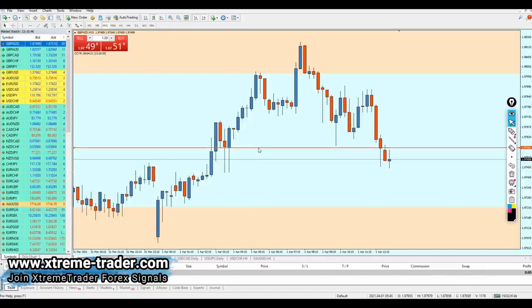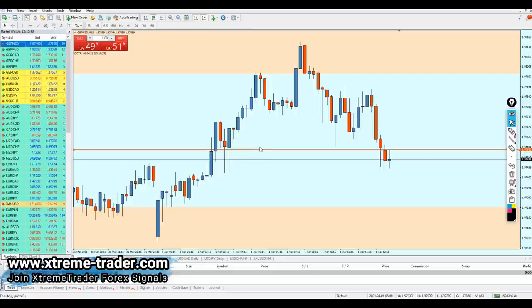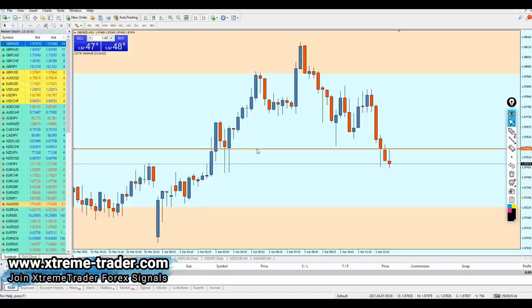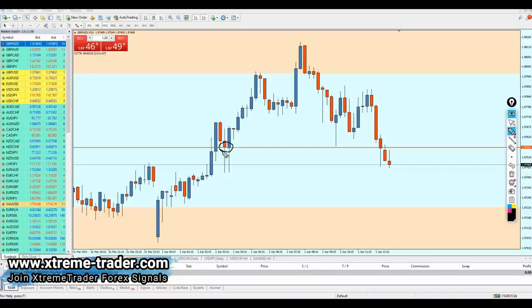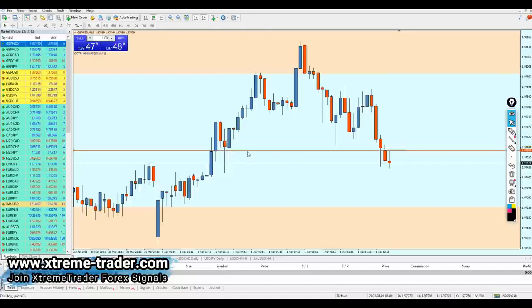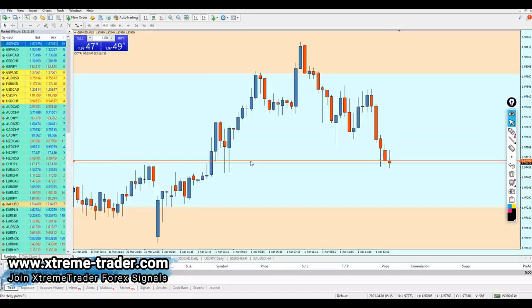Now, let me tell you something and be very specific. There are arguments about where we should draw or put our support line. Look at that. The candle is falling. Perfect. I'm going to explain this. Now, actually, I had this argument with one of my fellow traders. He said that we should always draw the support line exactly on the closure of the candles, and of course, I disagreed with him. I told him, no, we should draw it somewhere else. I will explain it to you right now.